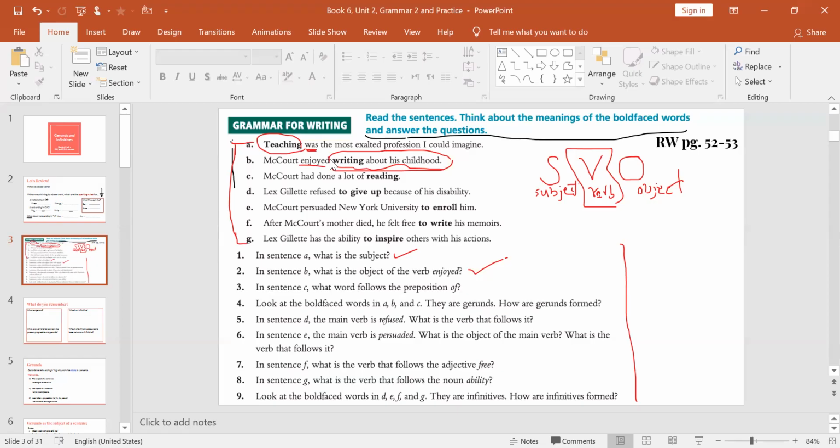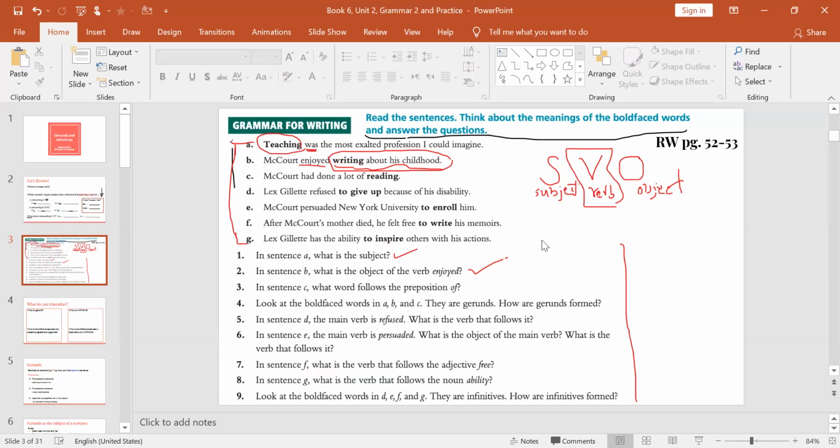When we attach ing to a basal verb, it can change the verb from acting as a verb to acting as a noun. It's called a verbal noun, and you'll see more about that later. Okay,